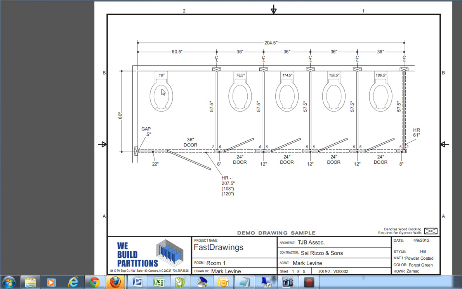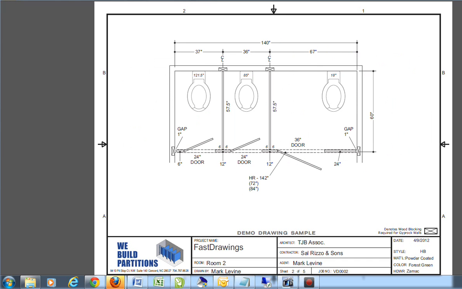However, the blocking, the toilets, they can be eliminated. We dimension the panels, the doors, the pilasters. We dimension the headrail, and what we do is we give a breakdown then of the headrail into stock sizes. All right,